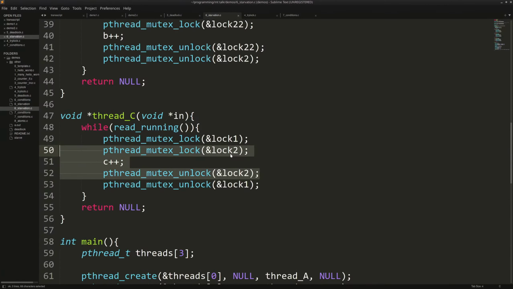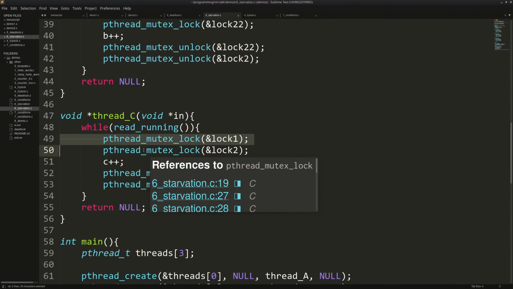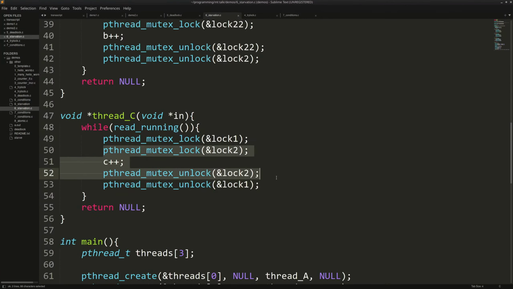Lock number 2 will be locked the least amount of time, and lock number 1, while lock number 1 is locked, you wait for lock number 2. And what ends up happening is lock 1 stays locked for a really long time.